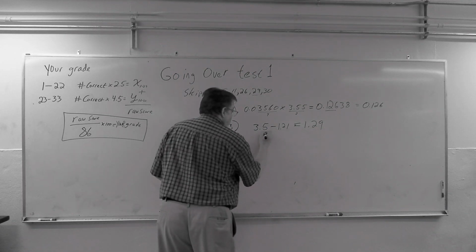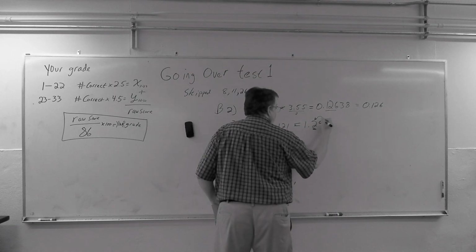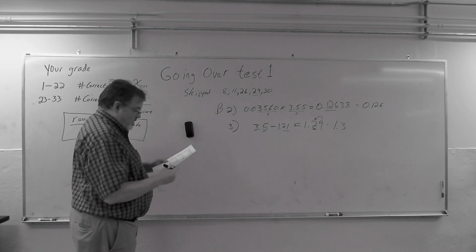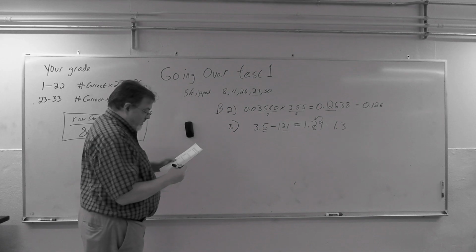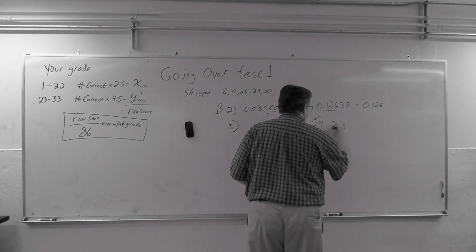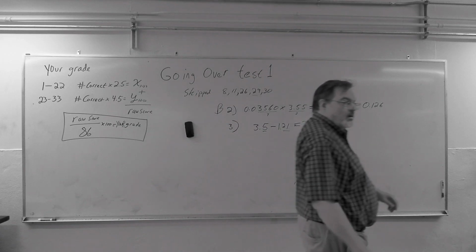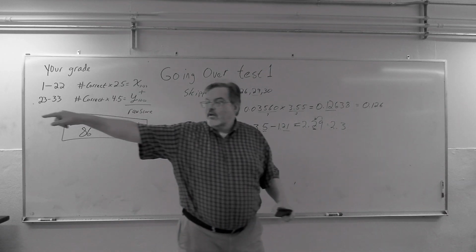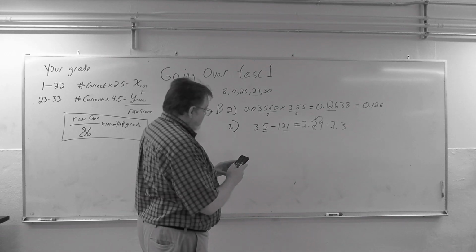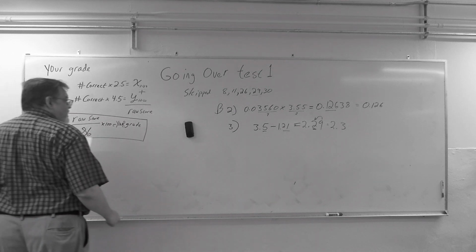This one, there's 1 after the decimal point, there's 2 after the decimal point, so we're keeping 1 after the decimal point. The 9 rounds to 2, 1.3. Supposed to be 2.3. That's 2. 3.5 minus 1.21. So that answer was